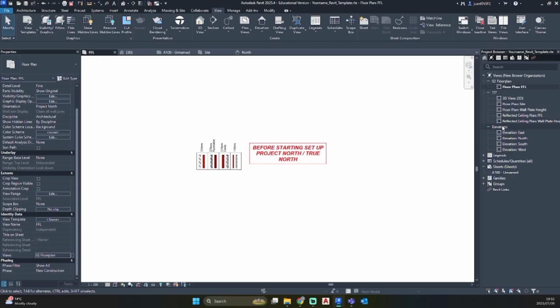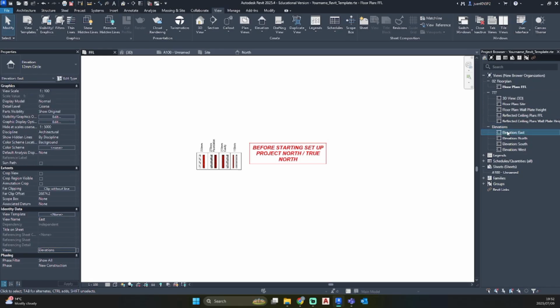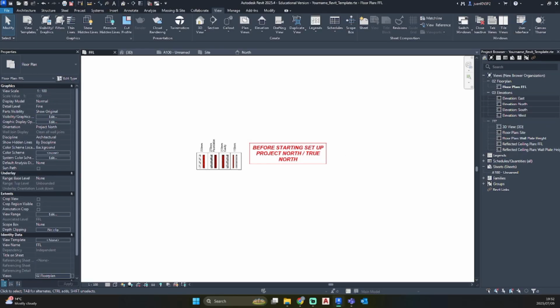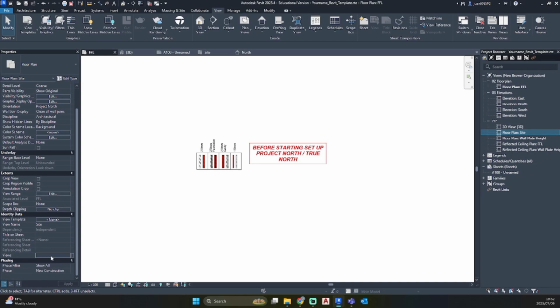After the floor plan, you'll normally see your elevations. So let's select all of our elevations again. Go to your Identity Data by Views, add a 3 in front of elevations, and you'll see our elevations have moved up. Now we have to move our site plan into first place. Select your site plan and go to Views, go 01 site, just name it site plan, and click on the empty white space, and you'll see site plan is now sitting in front.